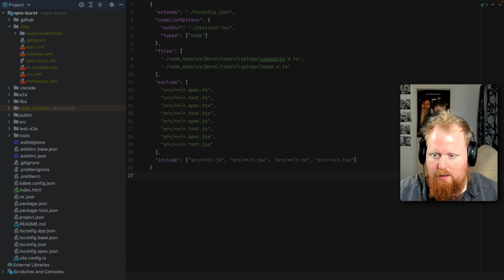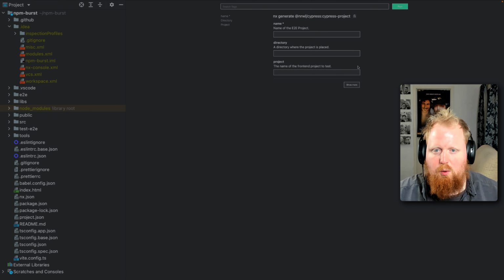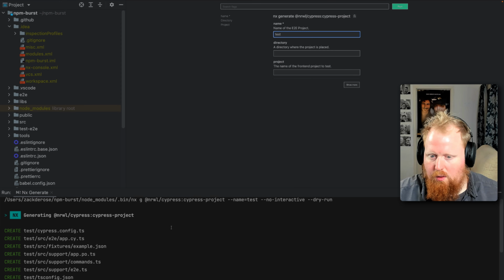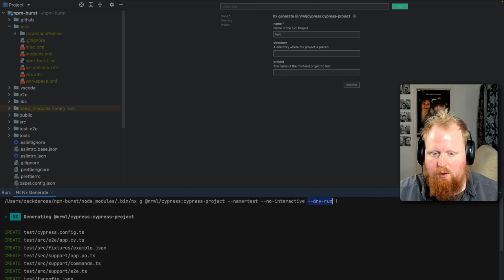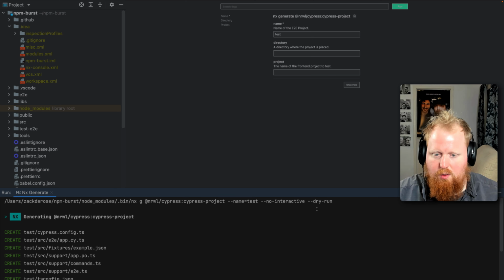Here, if we select any of our generators, it will open up the web view, but we'll notice as we start typing inside of our forms here, the interactive terminal will open and run the command given, but with the dry run option attached. This will make it so we can preview what's going on inside of this dedicated terminal down here, but it won't actually make any changes until we hit run,